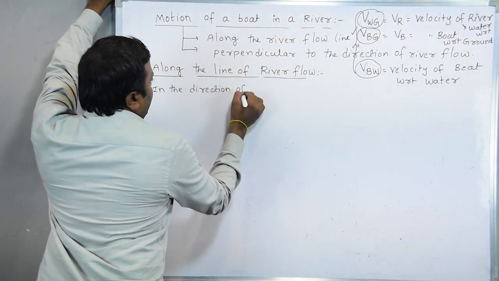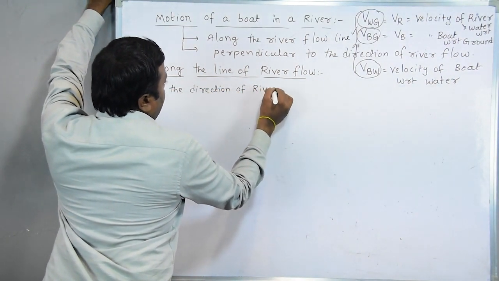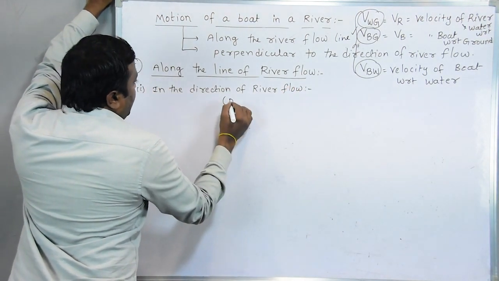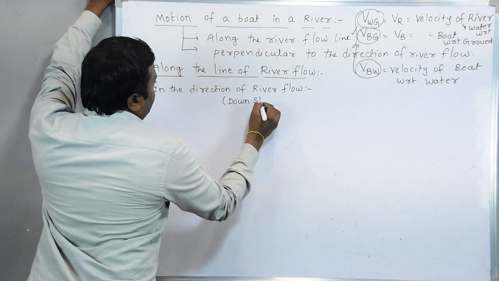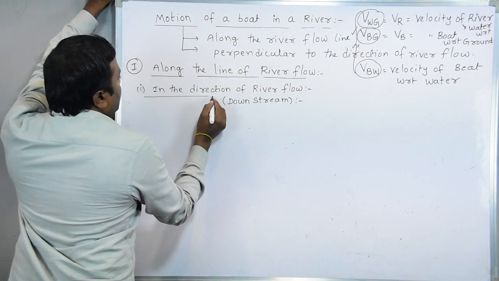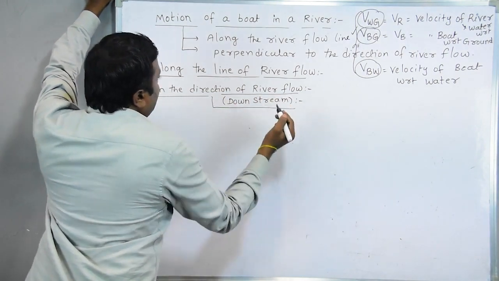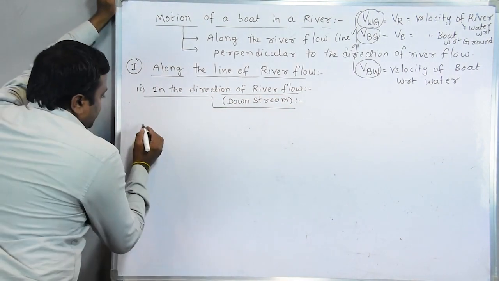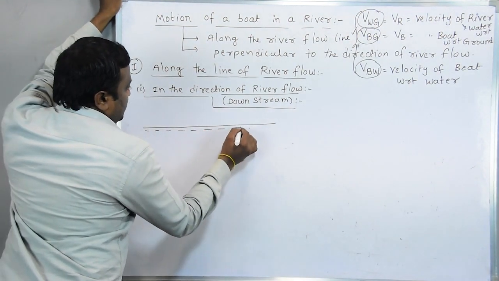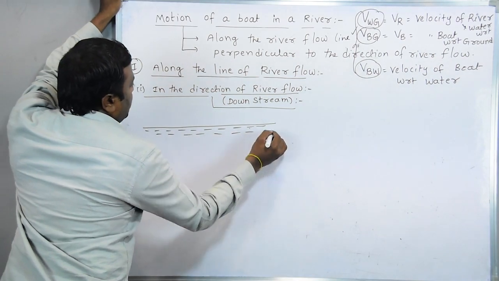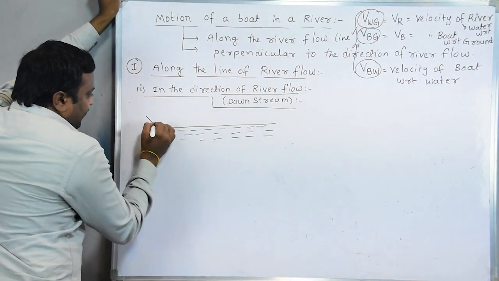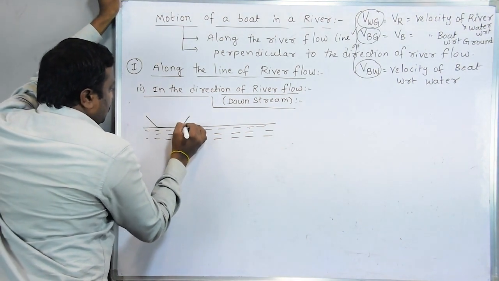In the direction of river flow. This is also called downstream. The word downstream represents the boat is moving in the same direction of river flow. This is the surface of the river, and this is the water we are considering. On the surface of the river, this is a boat